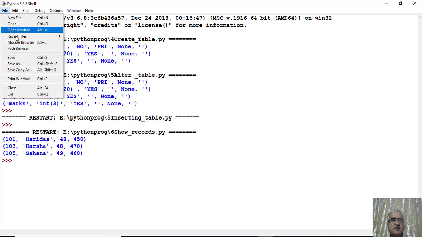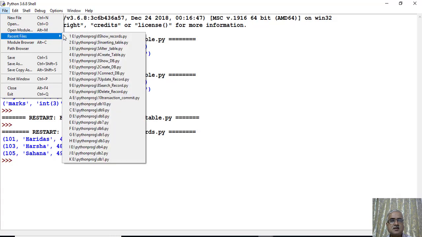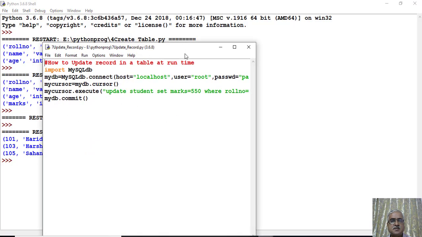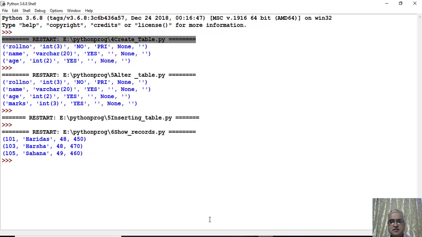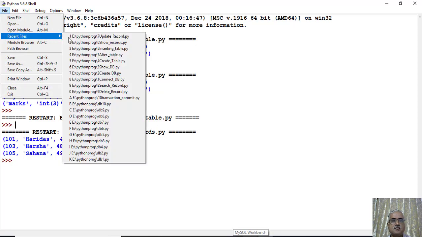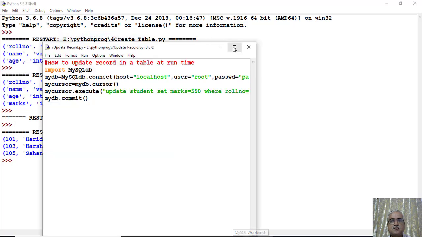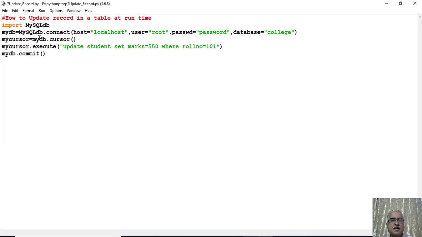Now we'll run one more command called the update command. In this particular scripting program, we are updating the student record of roll number 101.